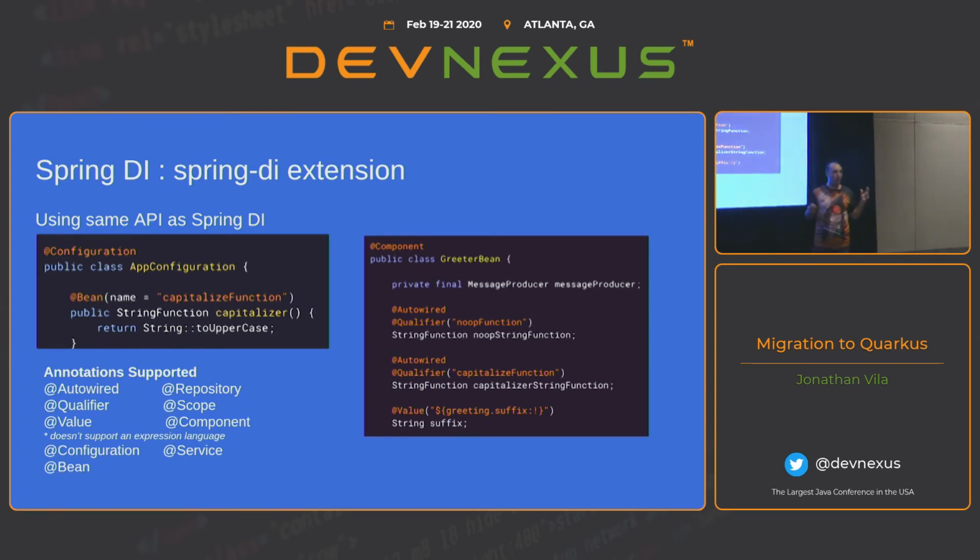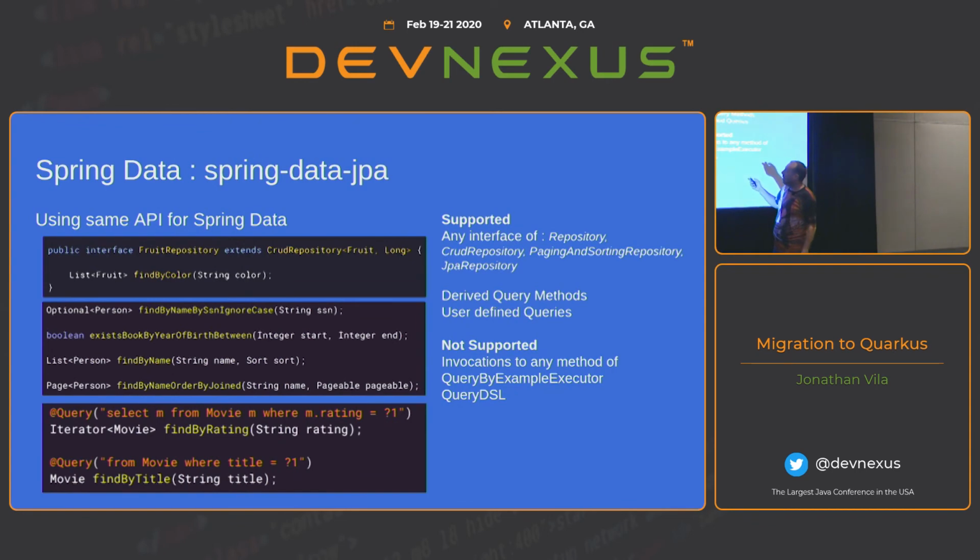So if you don't want to modify your mindset, keep using Spring interfaces, and Quarkus will compile it. You have to check every extension because in some cases there are things that are not totally covered. So if you are not using them, that's fine. Spring Data, exactly the same. You don't have to modify your repositories, your entities, whatever. It's everything done. Simply change the dependency, and that's it.